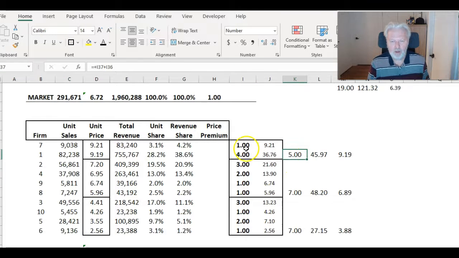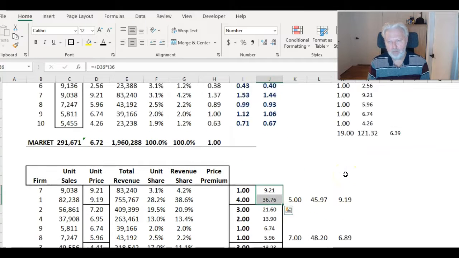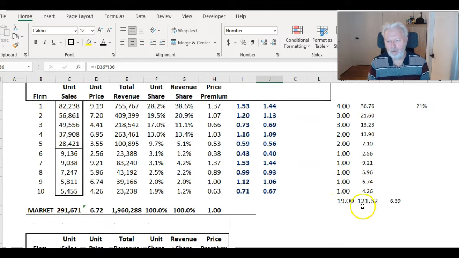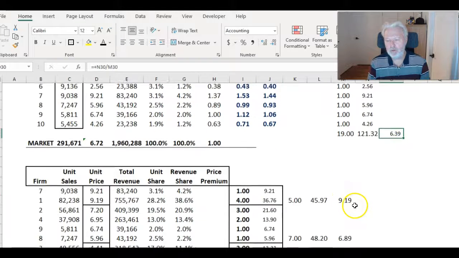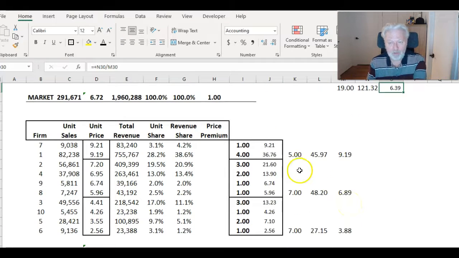So 5 is simply those numbers, 7 is just those numbers. So that's our weighted number of firms, and that is simply the numbers we had before. So before I added them all up, got to 1,921, gave me an average price of $639. Now what I'm doing is the premium, their average price is $919,